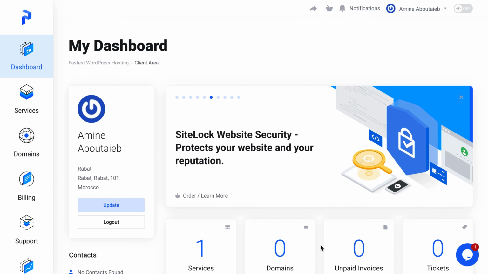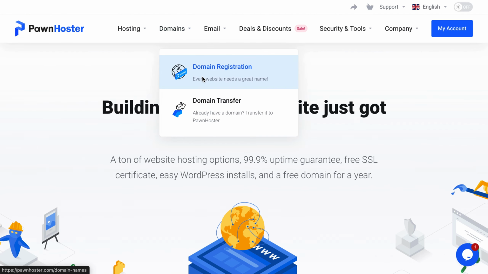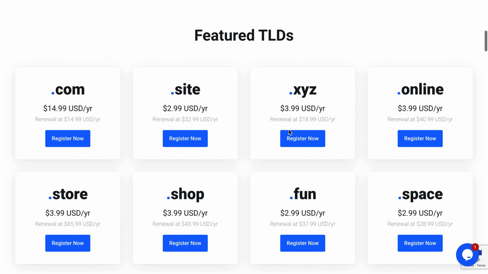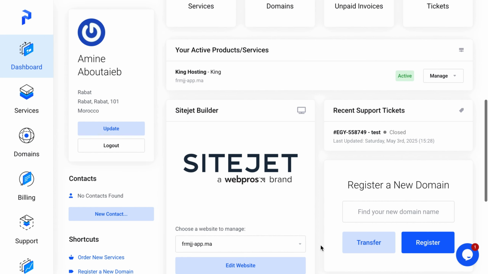In this quick video, we will see how to create a business email address within a few minutes only. First of all, we need to make sure that you already have a domain name, and if you don't have one yet, you can easily register a new domain from us or basically from any domain register provider. Once you have your domain name ready, the next step is to log into your hosting